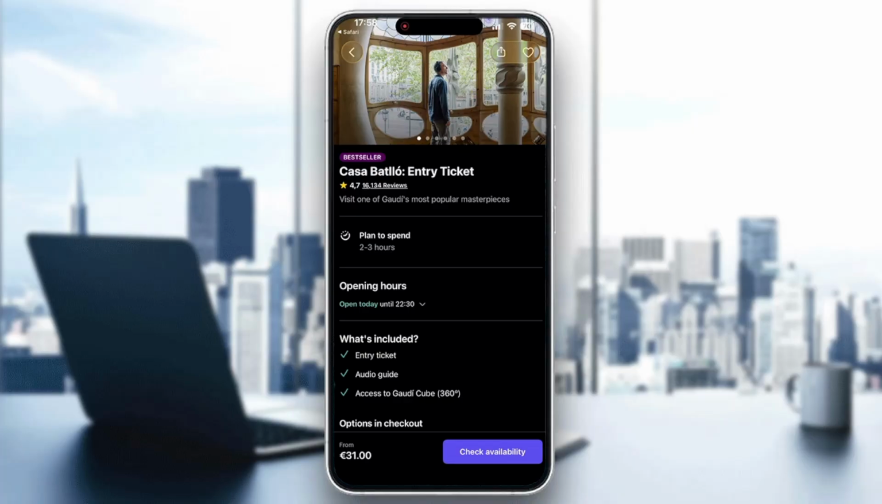Today I'm going to be showing you how to purchase Casa Batllo tickets online. If you want to skip all the annoying queues and long lines, you can purchase the tickets by using the first link you're going to see right here down in the description of the video. Once you have opened up that link, it's going to take you to this page right here,